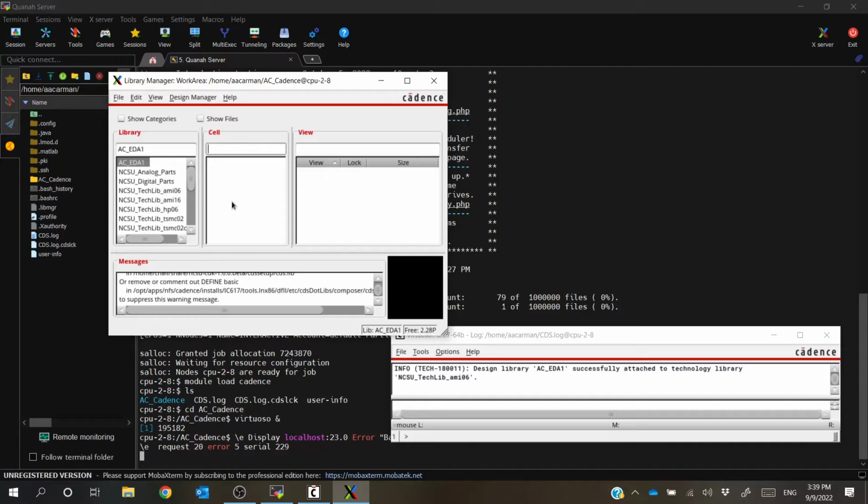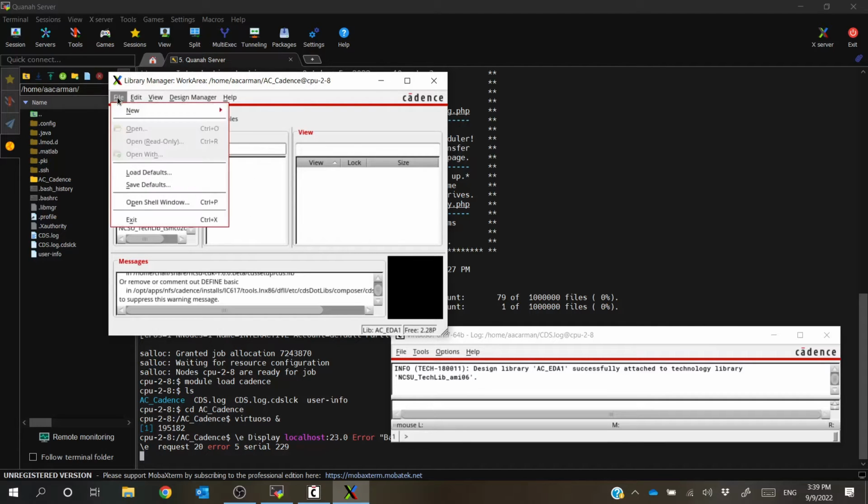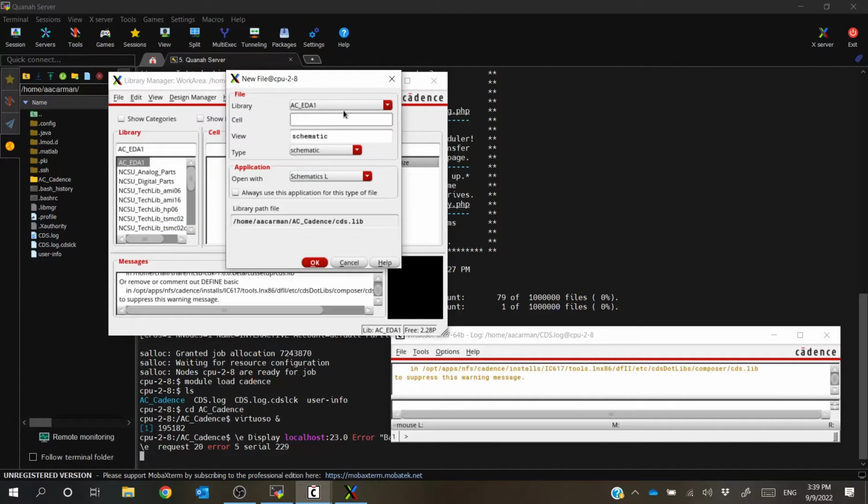So what we're going to actually try and do, now that we have our library made, is that we're going to actually take IV curves for just a simple NMOS. Okay, so we're actually going to look at the IV curves for a simple NMOS. Now, if we start off by making a new cell view, go to File, New, Cell View, double check and make sure that it's on the right library, because you don't want to have to hunt it down later. Make sure that the view is set to schematic, because we're actually going to be making a schematic for this